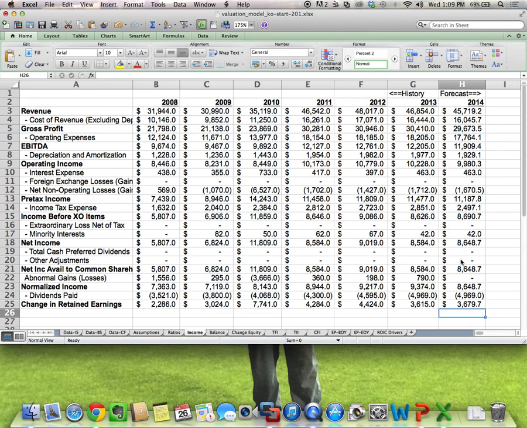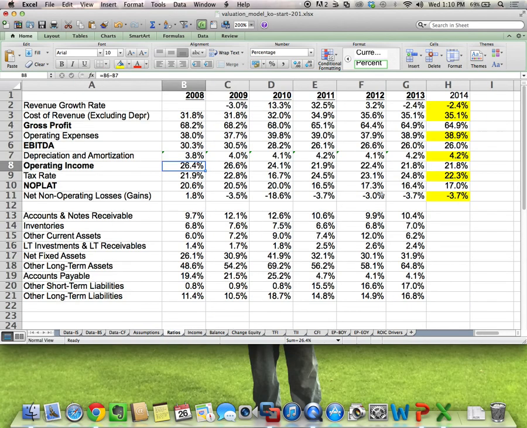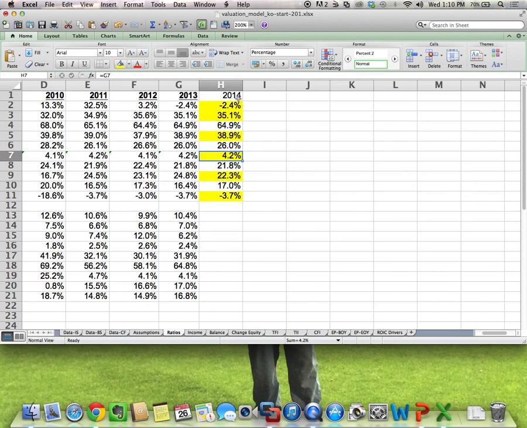Pause for questions. Yes? What's the formula for depreciation and amortization as a percentage of revenue? So basically, we would take the 2014 revenue, so H3, and multiply it by the ratios, the 2014 depreciation and amortization, which is H7. All right, so since I'm back on the ratios tab, our next step is to take 2014 ratios and copy